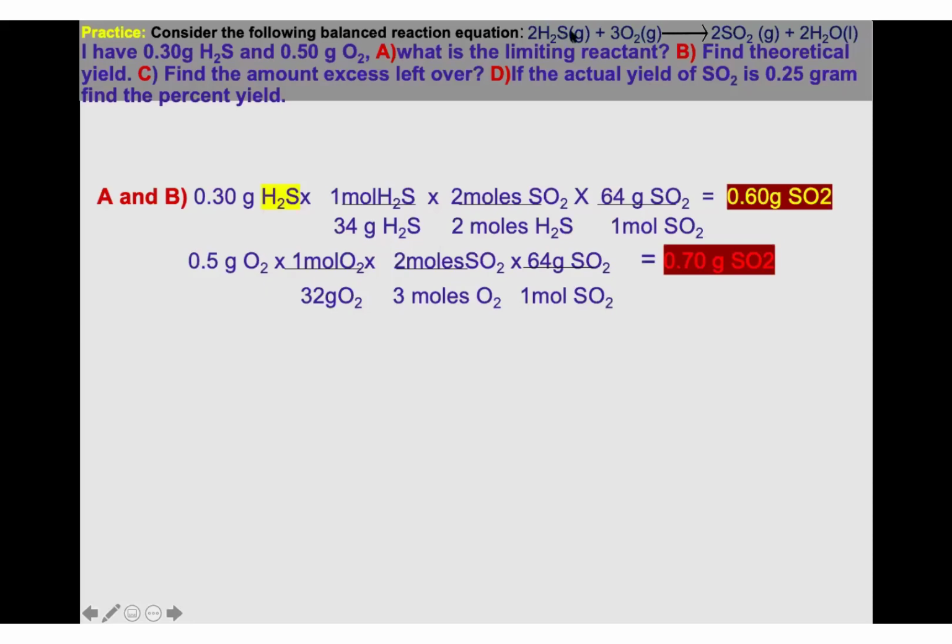I always double check. So I have 4 hydrogen on the left, 4 hydrogen on the right. I have 2 sulfur on the left, 2 sulfur on the right. I have 6 oxygen on the left, 6 oxygen on the right. So it's balanced. Now the question says, if I have 0.3 gram of H2S and 0.5 gram of O2, what